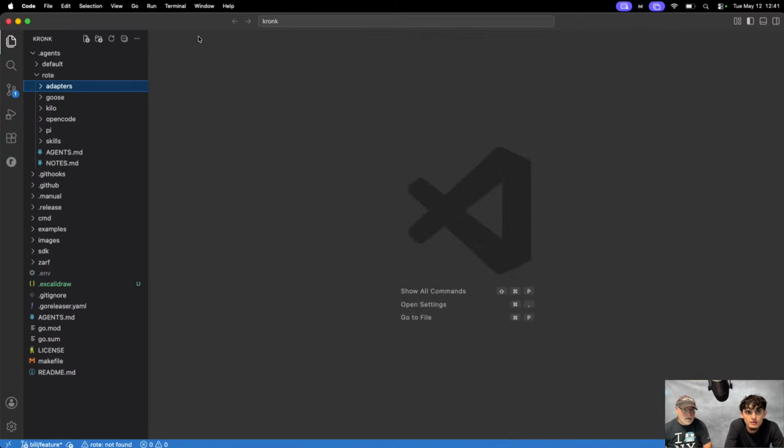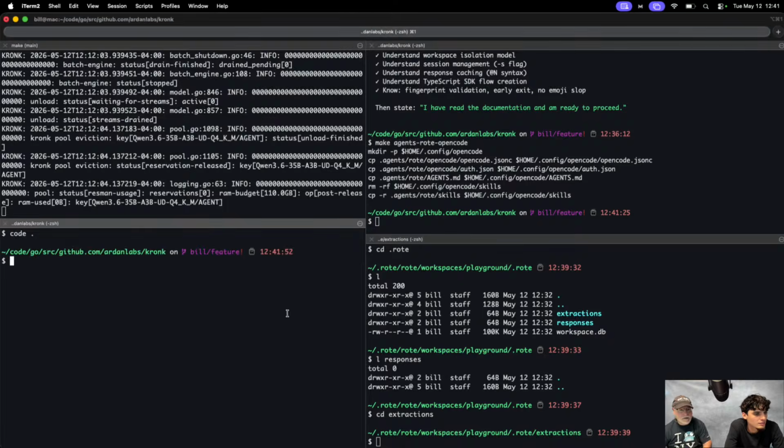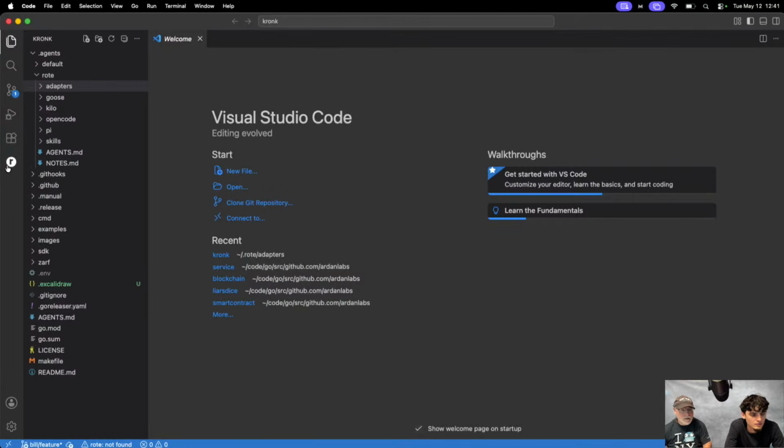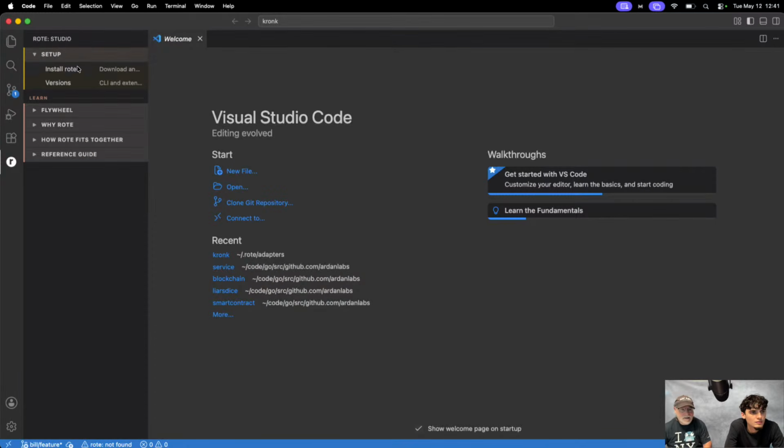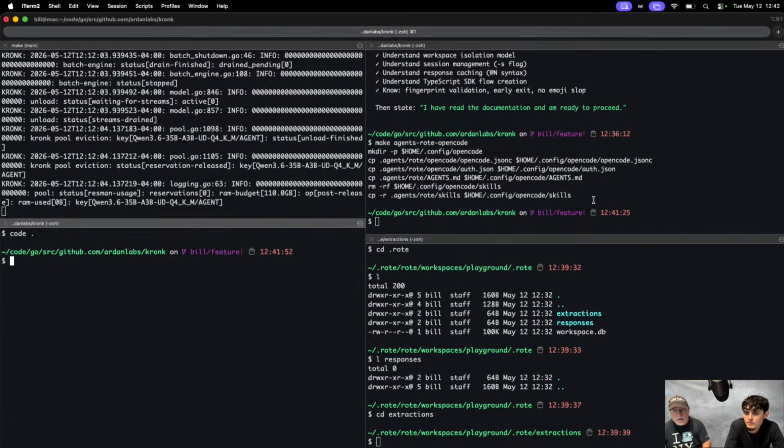Got it. Now, I want to do this just because this is crazy to me. I'm going to kill VS Code. This is weird, man. I don't know why. We know it's there.